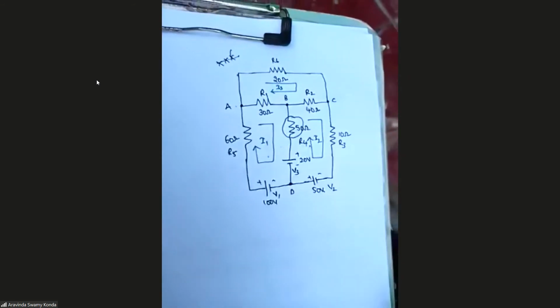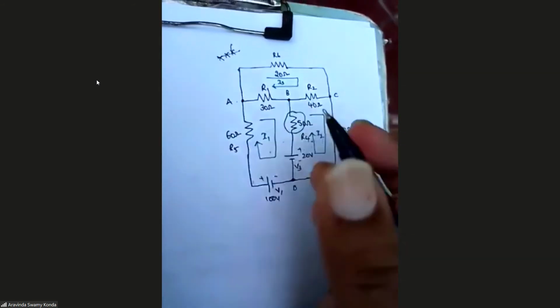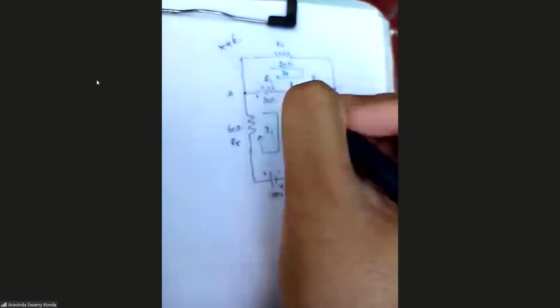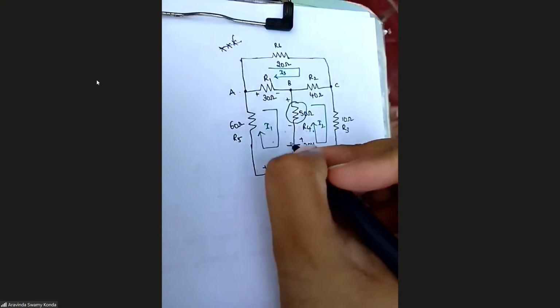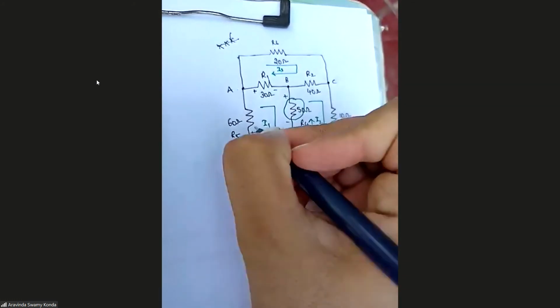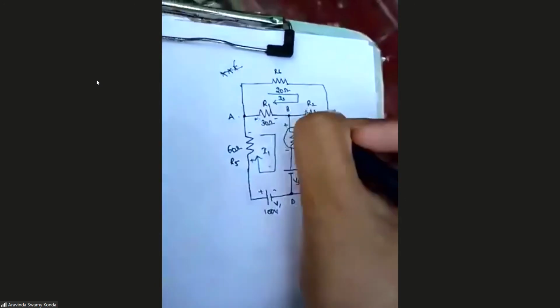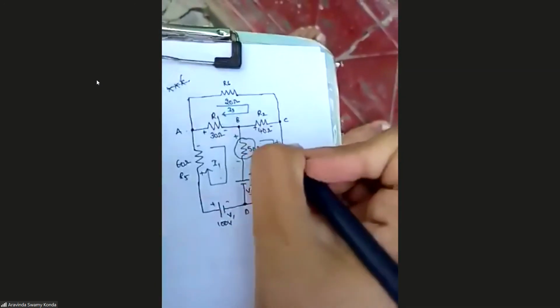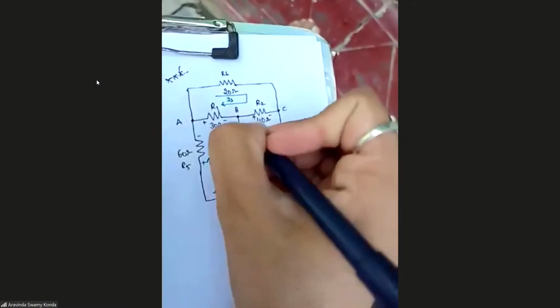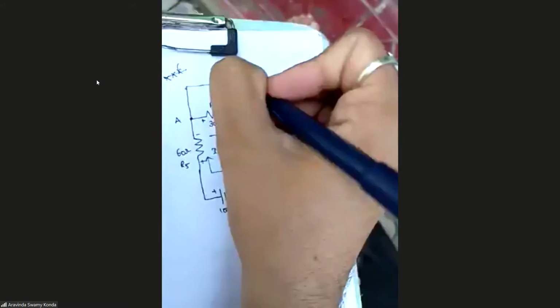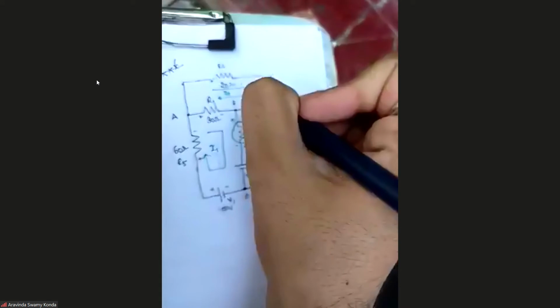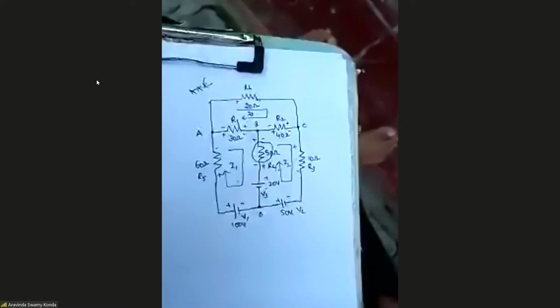Yes or no? So if you want to write the mesh equations, you want to take the signs. So this is plus and this is minus, plus minus, and minus plus is also there, and this is plus minus. And for this also plus minus, plus minus. Am I right? Is it right, what I am assuming for the sign directions? Yes, sir. Then write the first mesh equation.